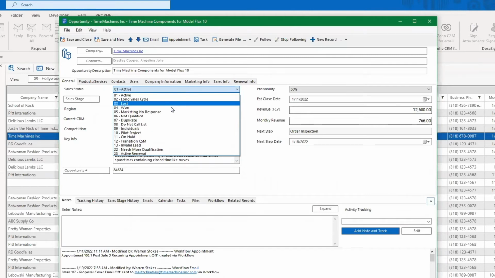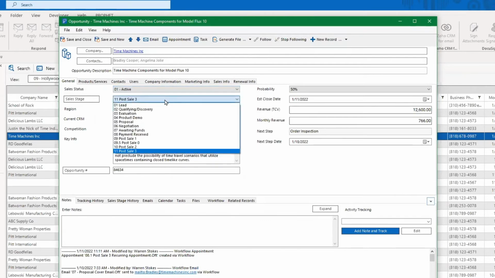Don't confuse it with stage. Won, lost, on hold, active. The stage, though, really is valuable because it lets you keep track of where things are at. And I'm sure most of you have used this to some degree. But I do want to point out that it's not just limited to the sales stages. You can also put post-sale stages in there for things that happen after the opportunity is closed and won, let's